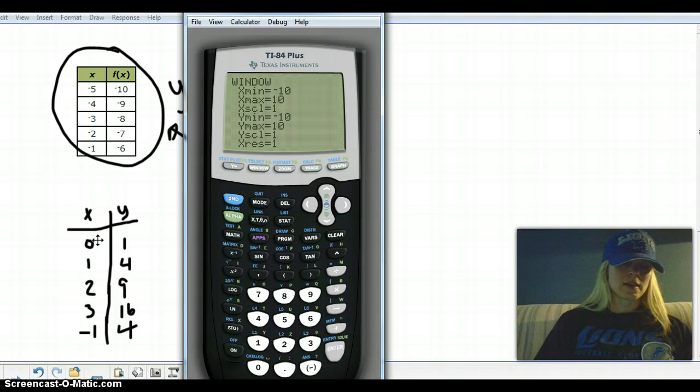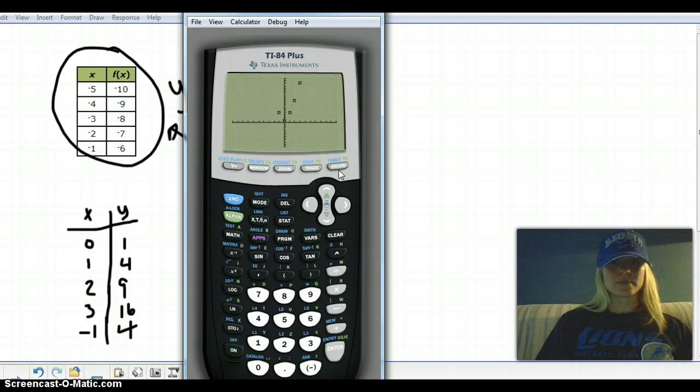All right, so I want to go back to my window now and see it has -10, 10, which my x's fit within there. So I want to go down to my y's. I have -10, 10. The problem is I have 16, and that is above 10. So I need to change that. So I could make that 18 if I want to make sure that these numbers fit between -10 and 18. Then we want to hit graph, and hopefully you can see that this is making a parabola,